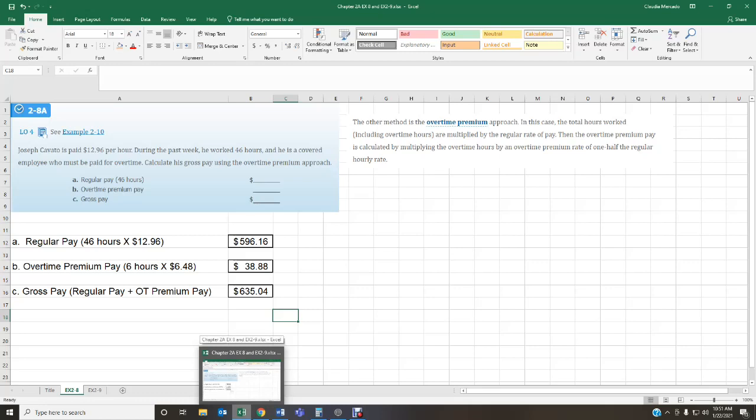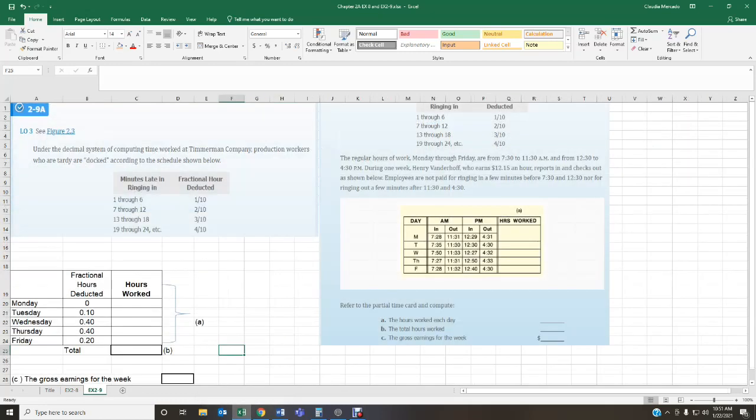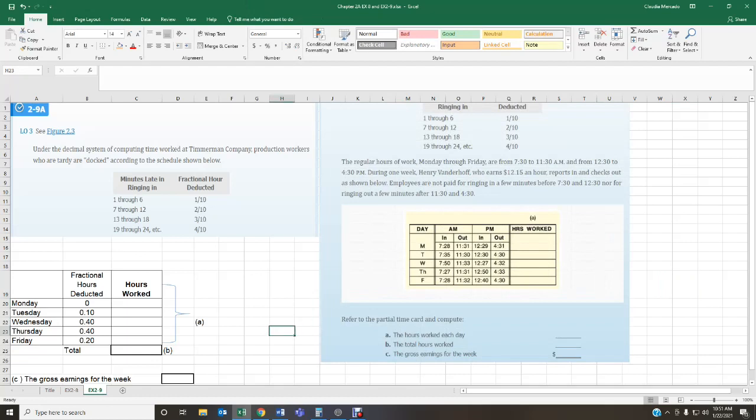Pretty straightforward. Okay, just following the information provided there. Okay? Now, this one is a little bit more challenging. It gives us a lot of information. Students tend to get confused with this problem. Okay? So,